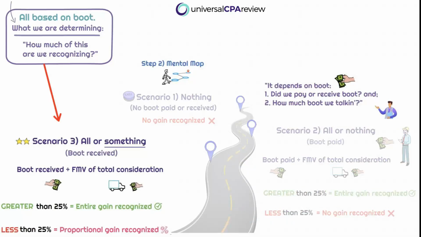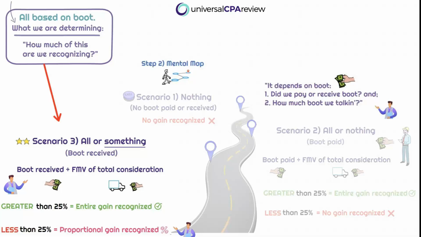And finally, scenario 3 is our all or something scenario. And in this scenario, boot is received. Okay, so cash is being received in addition to the asset from this exchange. So now we're dividing the total boot received by the fair market value of the total consideration, right? The asset plus the boot. If boot is greater than 25% of the fair market value of the total consideration, the entire gain will be recognized. Okay, so if boot is less than 25% of the fair market value of the total consideration, well,